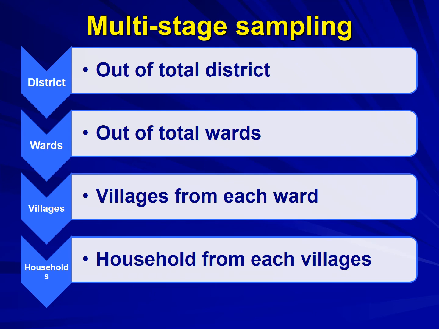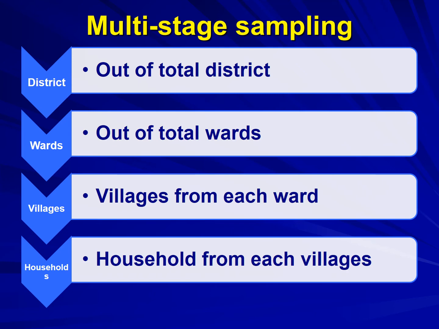The definition of sampling unit changes with the stage and is called first stage unit, second stage unit, third stage unit, etc. In the first stage, units are selected using a suitable random method. In the second stage, units are drawn from the selected first stage units by a suitable random method. This process continues till we reach the sampling unit of interest. So let's look at the figure on the screen.